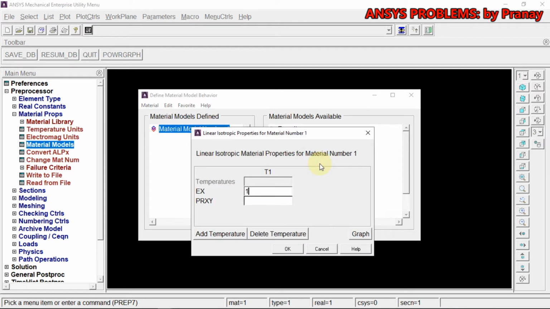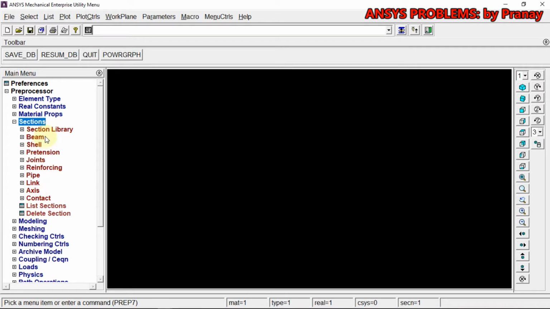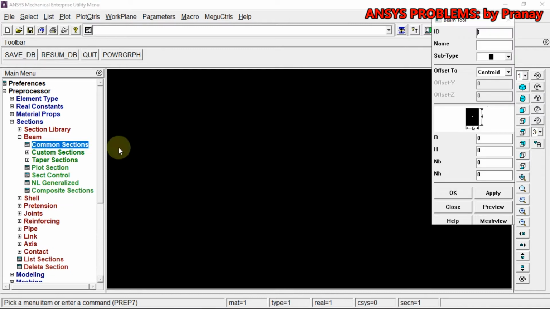We have 21E9 and 0.27. Okay, then in sections go for beam, common sections, and this is given as 0.2 and 0.3. Click OK.